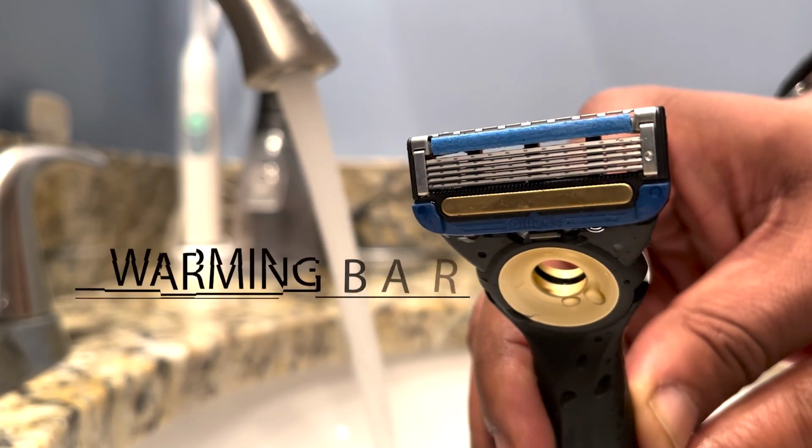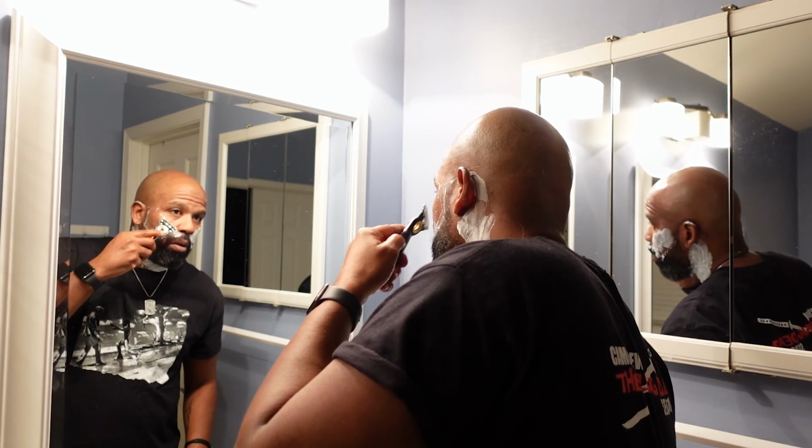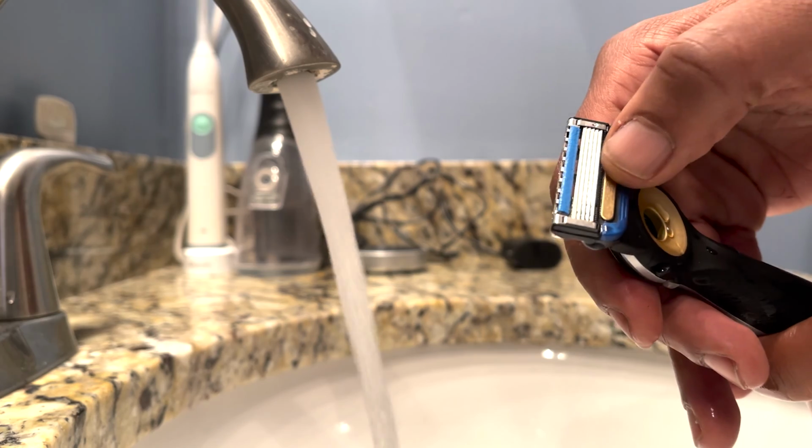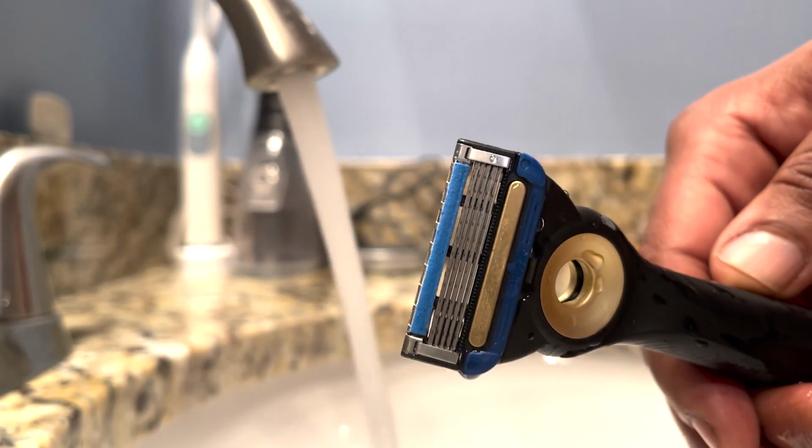The significant thing is this heated razor has a heat sensor strip, and the density of the strip allows it to take in heat. I also ran my heated razor under hot water, and the strip basically held on to the heat a lot longer than just my regular shaving blade. So as far as warmth while you're shaving, this has a major advantage just starting right there. But once you kick in the internal heating mechanism, you can feel the warmth, and I did like it. It is relatively effective and it changes the nature of your shave,